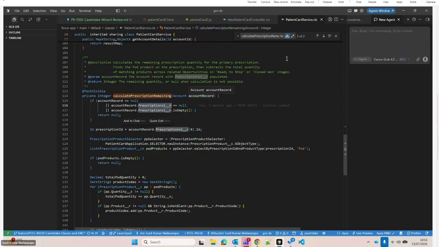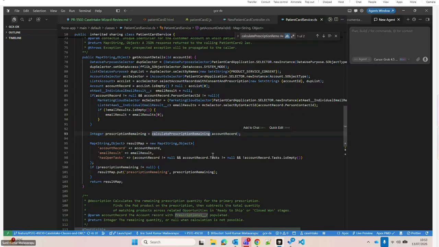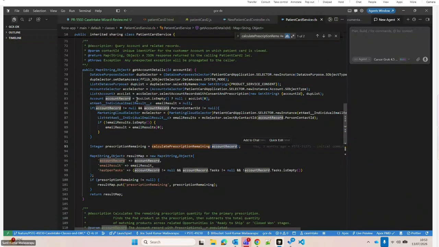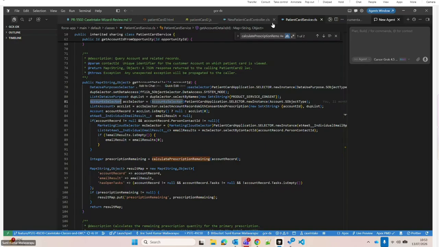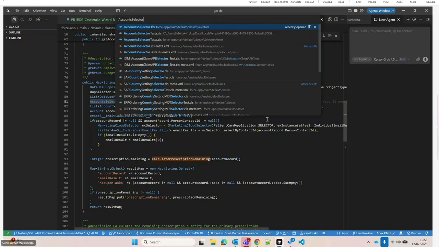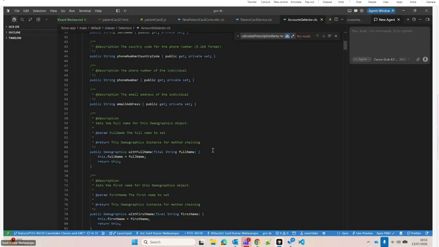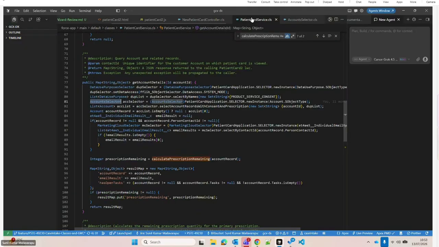When you are calling this, you are passing the account record, isn't it? And this account record is coming from accounts selector. If you go to accounts selector,